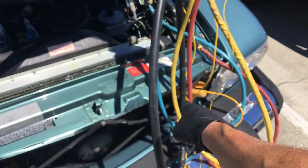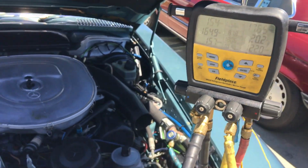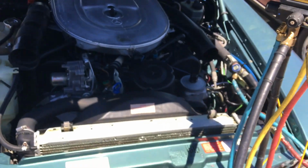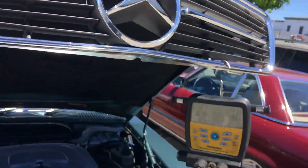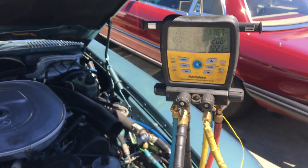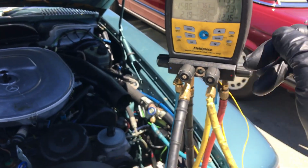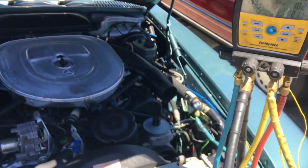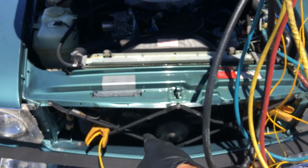feet later, way over here by the condenser out here in the cool air. I'm still picking up 180 at idle. I'm not even running it hard. So that compressor is not going to last. And that's why I'm putting in the recommendation for them. If you run it like this, you will have cooling, but you'll eat up your compressor and you'll have a big old expensive repair bill,